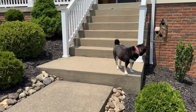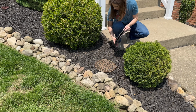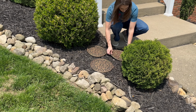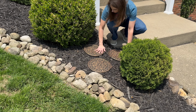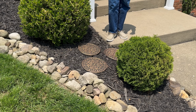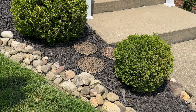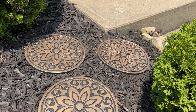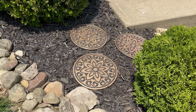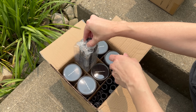Now, to the opposite side, I'm adding these gorgeous garden stepping stones to create an obvious pathway from the walk to the yard and to visually tie both sides of the landscape together. To finish things off and add even more curb appeal, we're installing these beautiful solar pathway lights, and I'm super excited